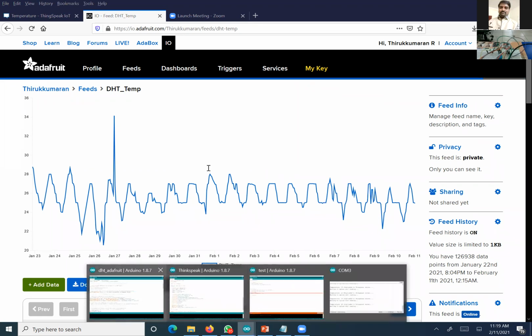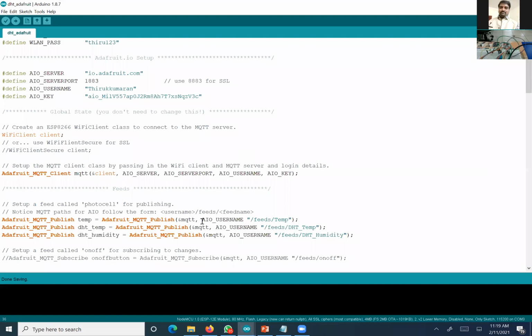This is in the code, and I'll explain it roughly. First we need to connect the client, the Adafruit MQTT client. MQTT is the built-in method. It takes the client, server name, server port, username and key. This line will connect to the server, and this skeleton is provided on the Arduino Adafruit site itself. By using this, we can connect with our server.